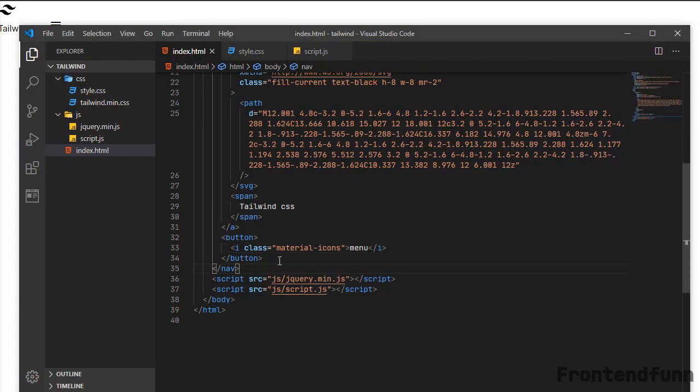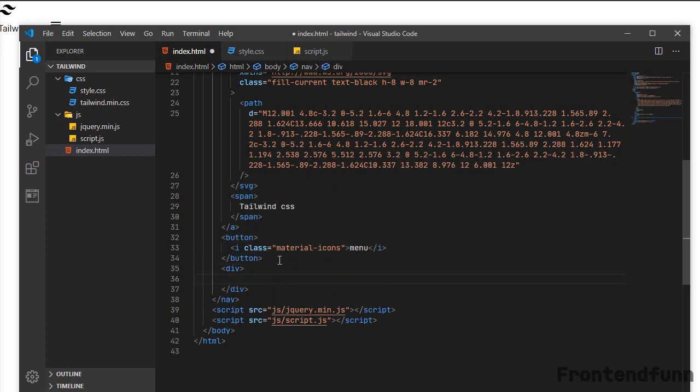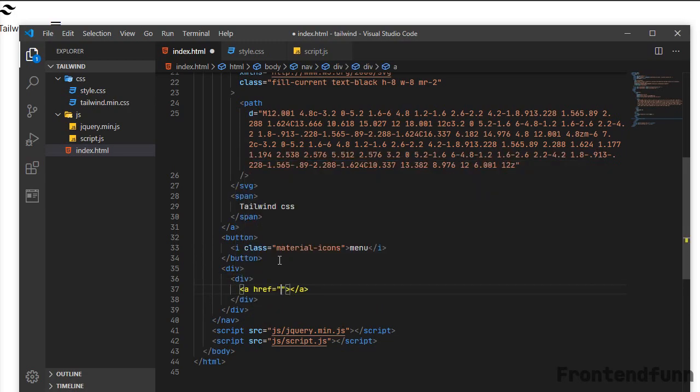Next we'll be having a div. So after the button we'll be having a div element, and inside this div we'll be having one more div, and it contains some anchor elements here.